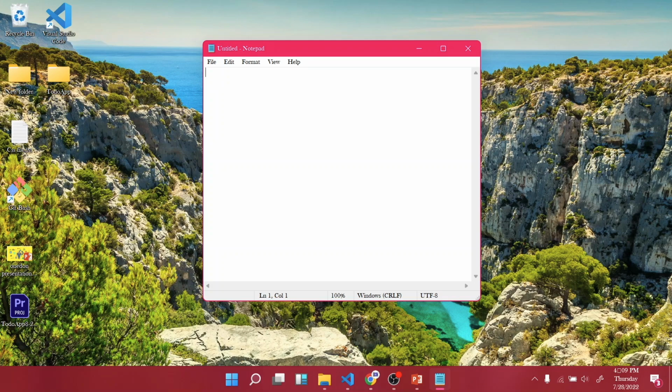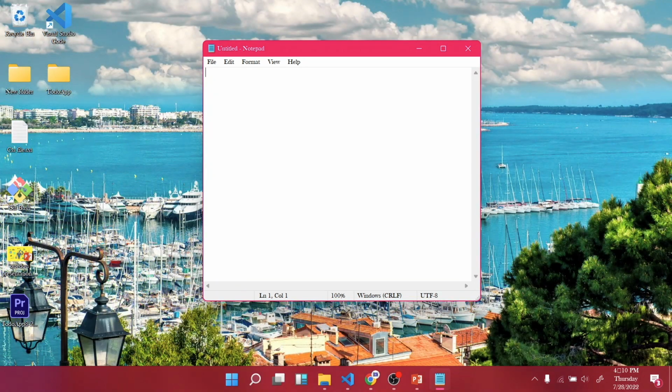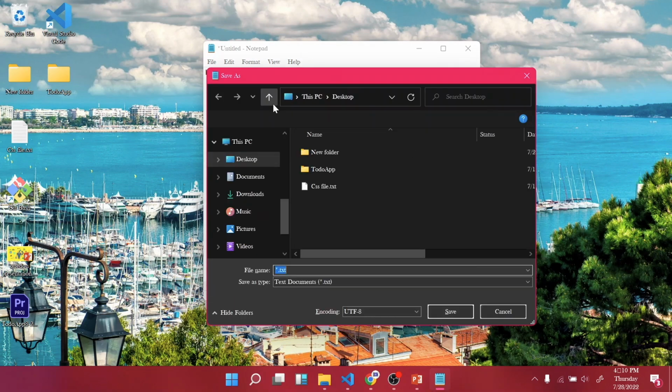So what I want to show you here is how to simply write HTML code, or maybe just get a web page up and running. Okay, let's just get a web page up and running. The simplest thing we can do here is just type in hello world, and then save this file. So we're going to save it on our desktop. We're going to give it a name,